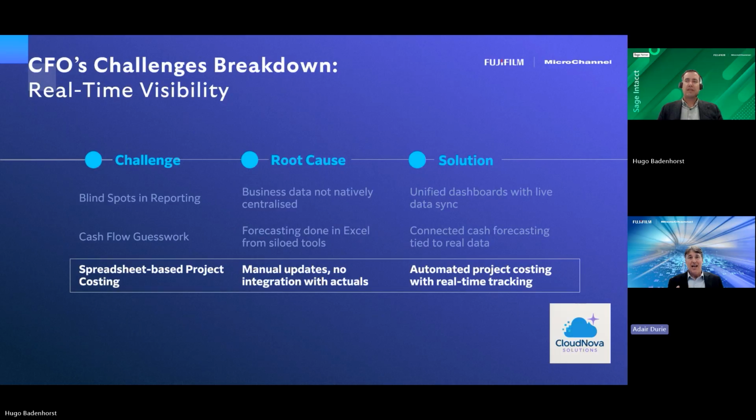Now, Sage Intacct comes from a finance best of breed philosophy whereby it was originally created by accountants for accountants. So it sees itself as being a best of breed financials tool. It has expanded out of that to also encapsulate other operational areas. The operational areas that Intacct can handle as standard, such as project costing, we highlight, but we'll talk a bit more later about the operational systems. If you have an operational system that isn't able to be handled by Intacct, there is an integration platform that again makes sure that everything you're using is in real time or near real time.